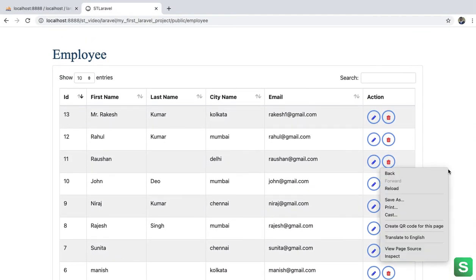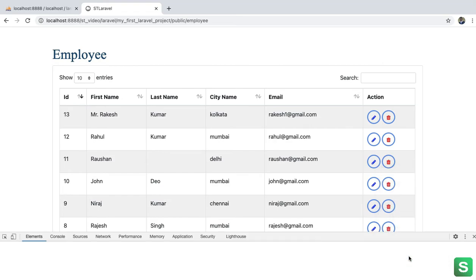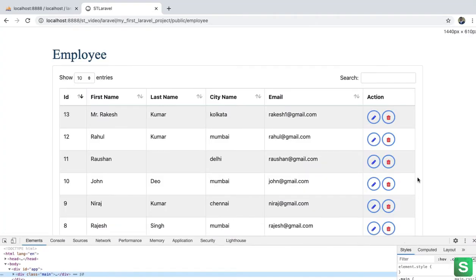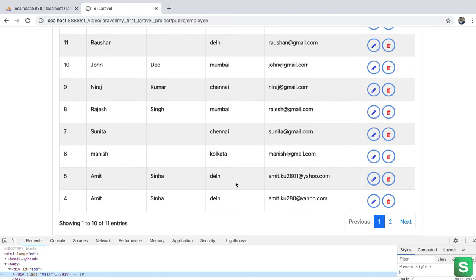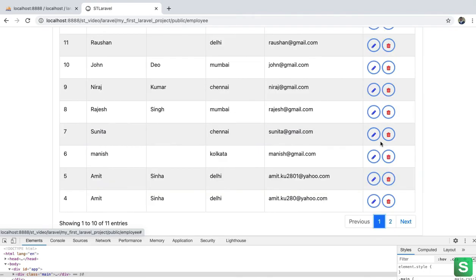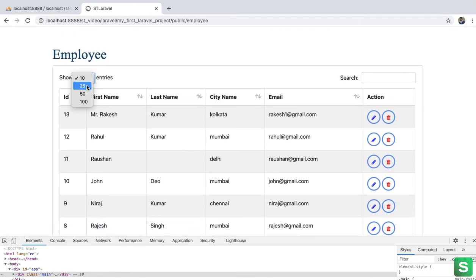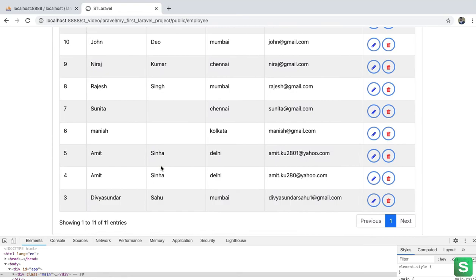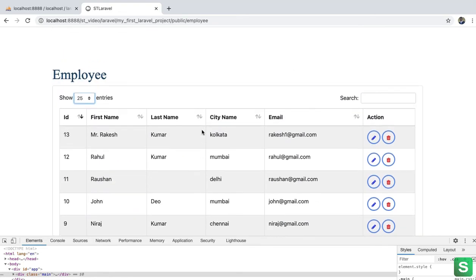One thing I will show you here again. See here the records are 11, so pagination is coming, right? So 1 to 10 of 11 entries. If we click on page 2, the last one record is showing, and page 1 comes back here. We can also put it at 25, so we get all the 11 entries here, right?